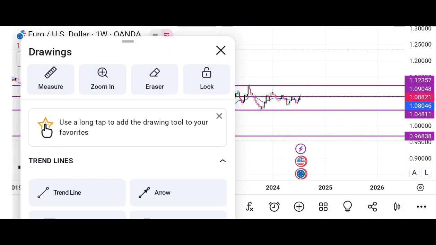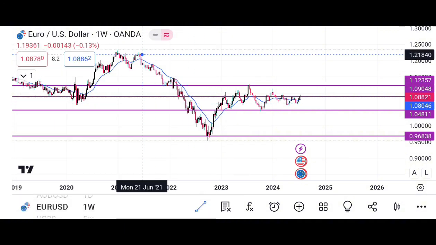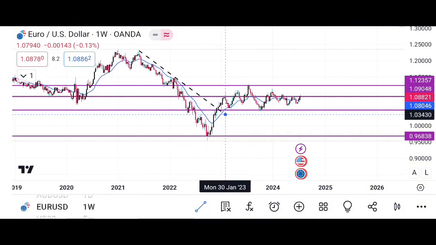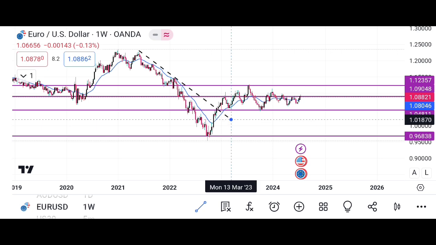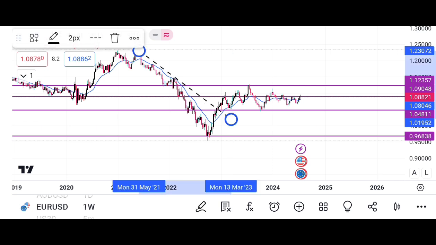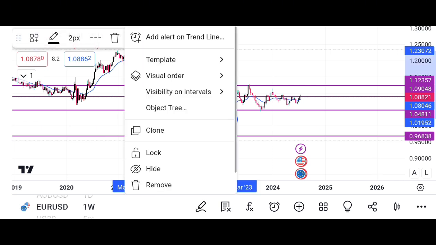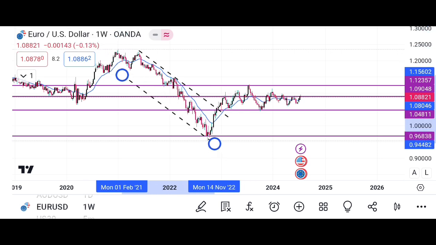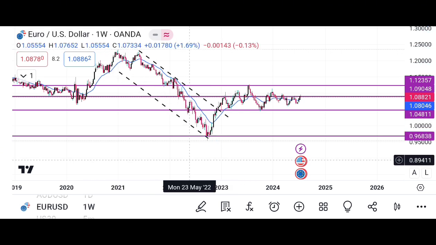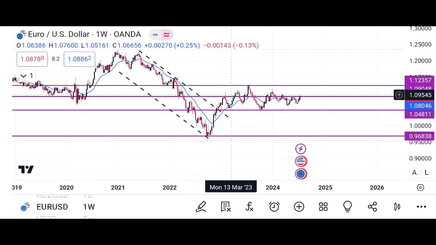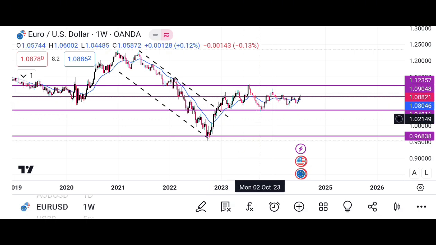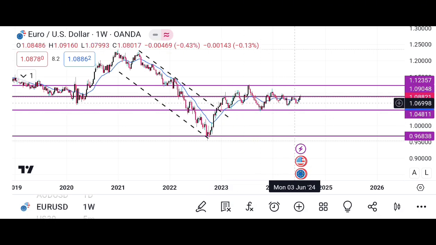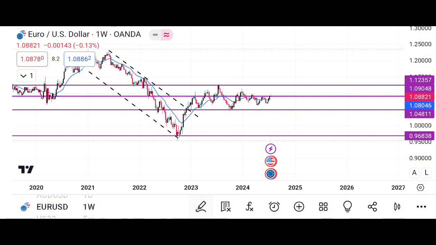I see we had a downtrend, which we broke out of, retested, and shot up. We had a downtrend, and we broke it out, retested, went up, then came back there. So the current market trend is kind of like a bullish consolidation.